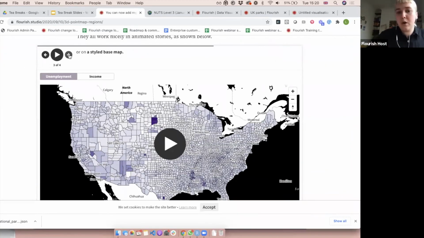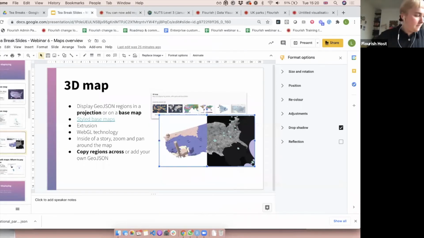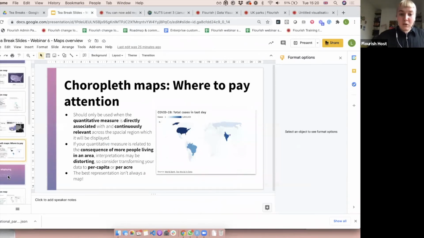And then you can also show it on a base map though. So yeah, feel free to click through that in your own time. Okay, before I move on to some other map types that we have for points, I'm going to stick with